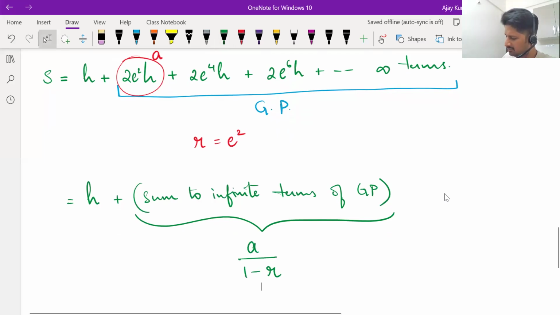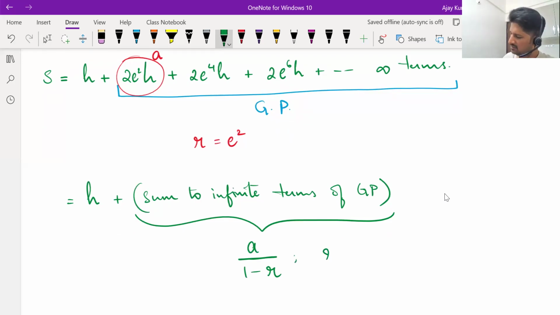Sum to infinite terms of GP is not always given by this formula, but there's a condition for this. This is valid only when the magnitude of R is less than 1. If the common ratio is more than 1, you can't use this. Now here in this progression,